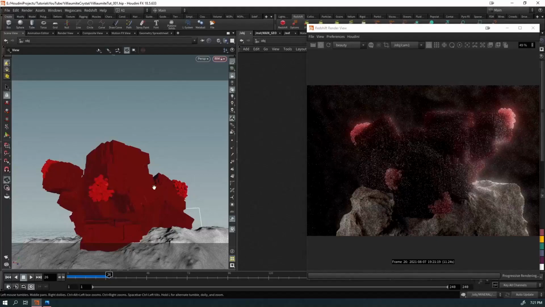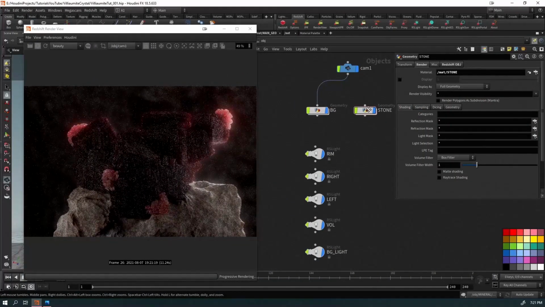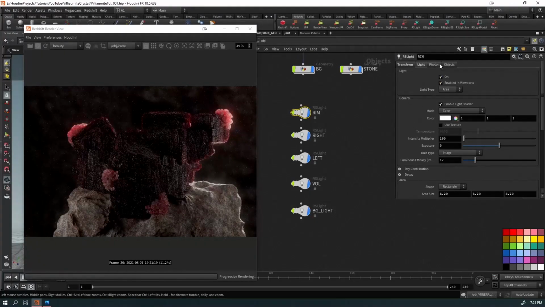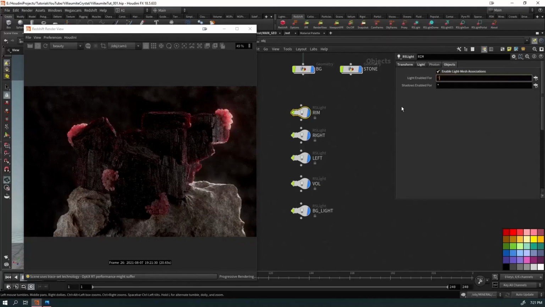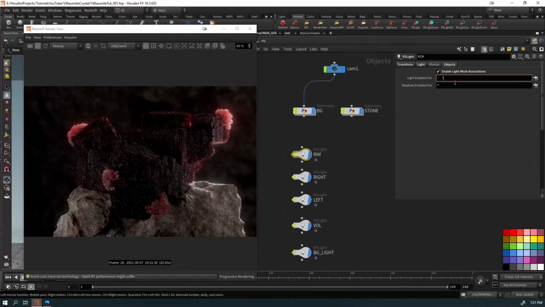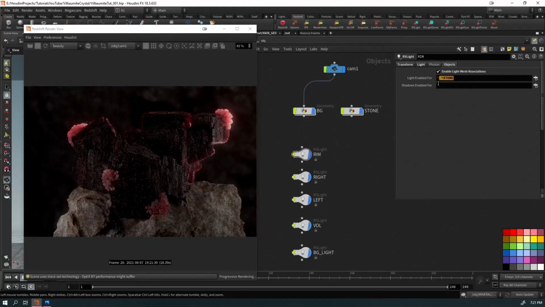In all honesty, if it's actually too much, first of all, you can come to your rim light here, go to objects, and just exclude the stone object. So this hat symbol, and we're gonna say stone. Am I recording? Yeah. And we exclude that,